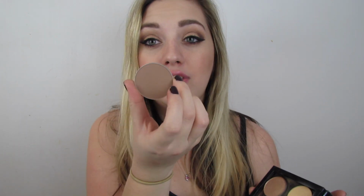This is from MAC. This is the MAC contour powder in the color Sculpt. This one I think is really great for my skin tone, so if you have a very similar skin tone to me, I would definitely recommend this. I have a very fair skin tone. Sometimes I try to cheat and use darker foundations, but you all know that doesn't always work when you're super pale. But yeah, this is an absolutely fantastic contouring powder,